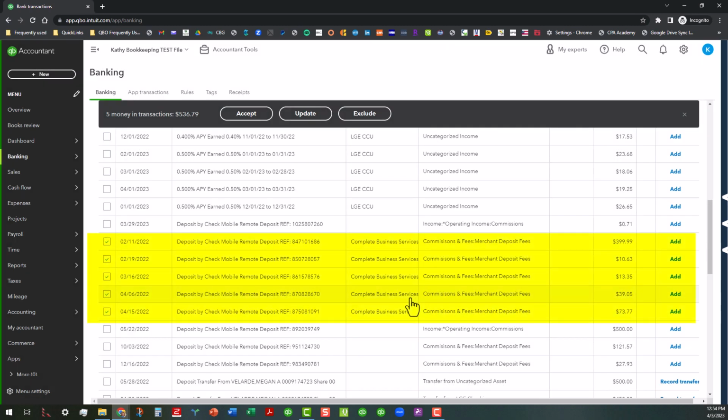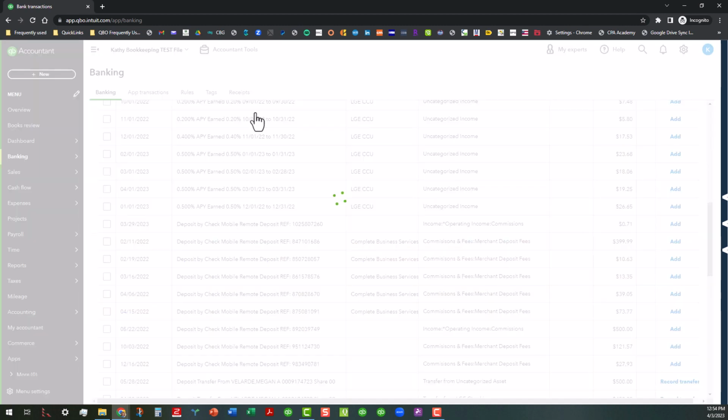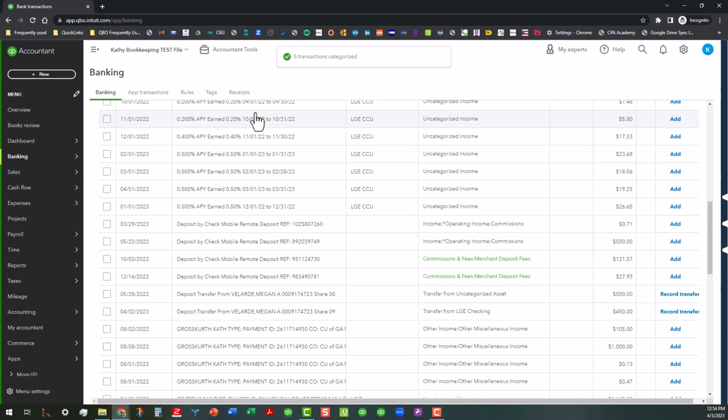When we click on apply, you can see that it inserted those payees. It didn't mess with any of the categories here, and everything's still check marked. So now that we've done that, I suggest that if you're going to be using this bulk categorization, you go ahead and do the apply first. That way you can eyeball it and see if it looks correct to you, and then you can go up here and click on accept. And that's what we're going to do here. As you can see, those transactions are no longer in there, and then you're ready to do the next grouping of transactions as necessary.